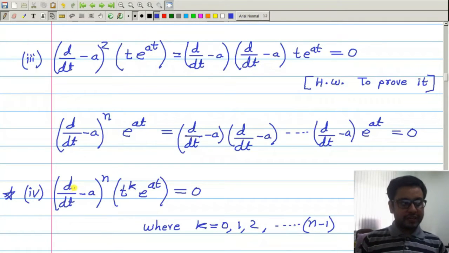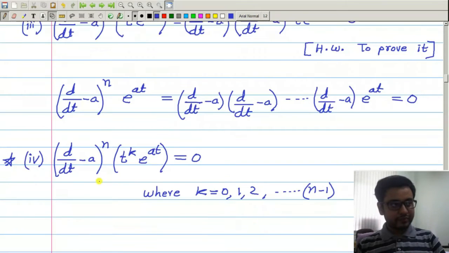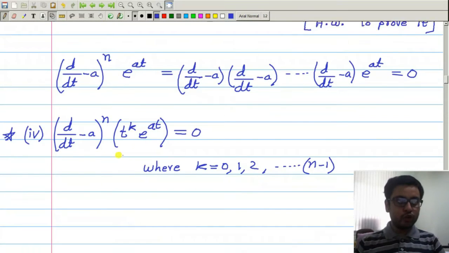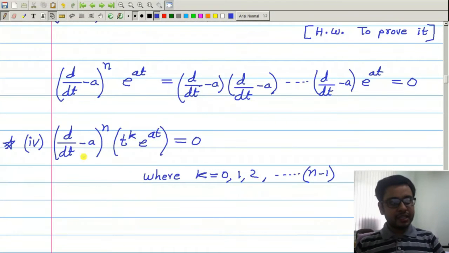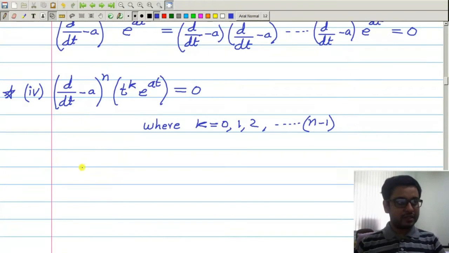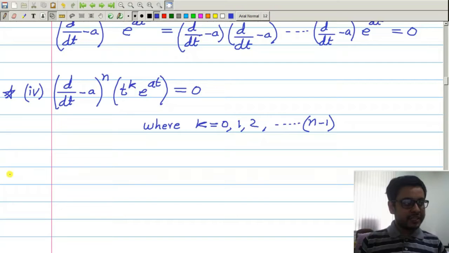If you take d/dt minus a n times and operate it on t to the power k e to the power at, you shall get 0 provided k is less than n. So this is the general rule. You should try to prove this using the principle of mathematical induction. And a more general rule can be written in this way: